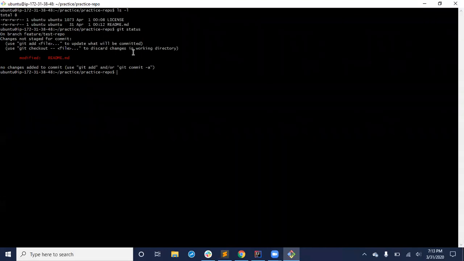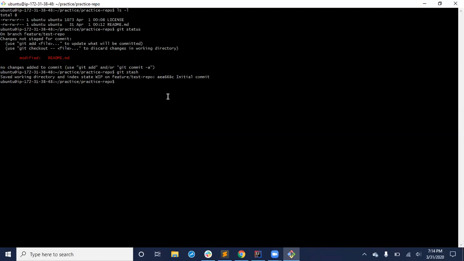Now let's say I use git stash just to save my changes. Saved working directory and index state. Now if I run git stash again, it says no local changes to save.